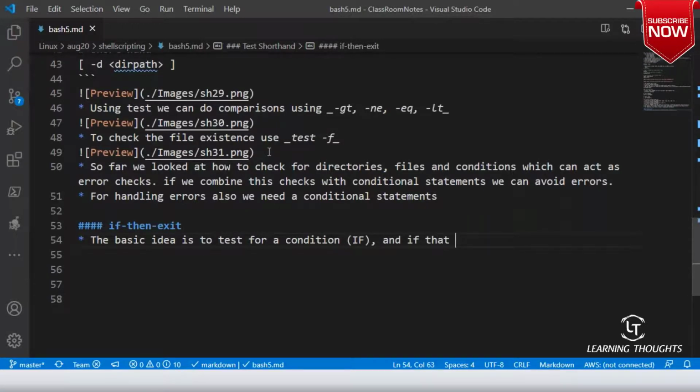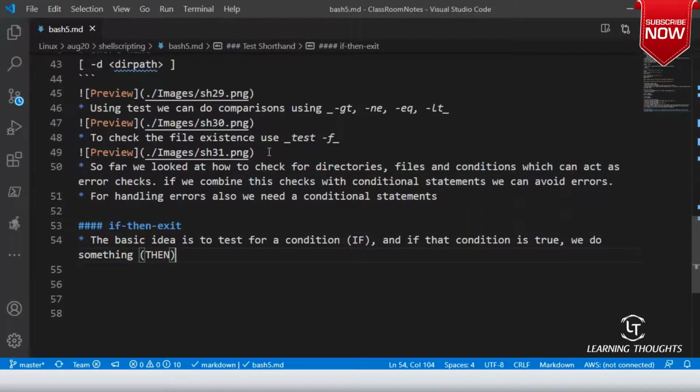And if that condition is true, we do something, and that something is then.